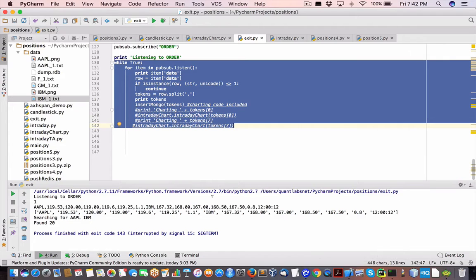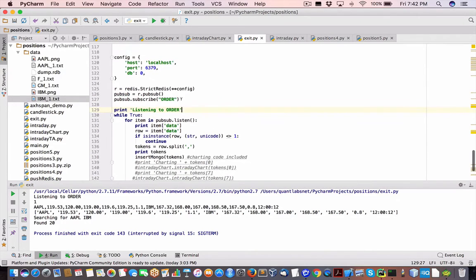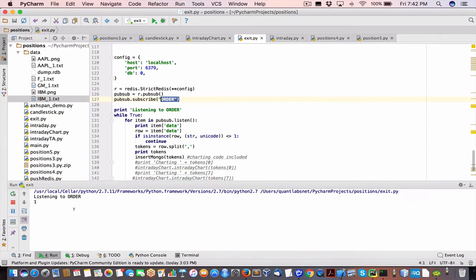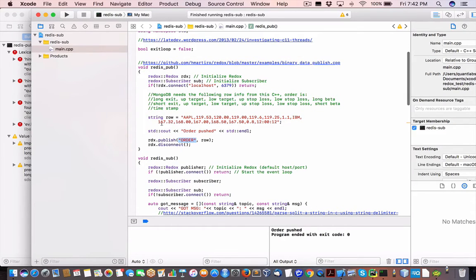So at the other end, what we've got here is listening to order, and what it subscribes to is the order topic. Pretty simple. Okay, so let me just set this up and let it run. So right now it's listening to the queue from Redis, and it will subscribe to order. So what the C++ does, again, it's going to publish the order with this information, with this data. So if I run it,